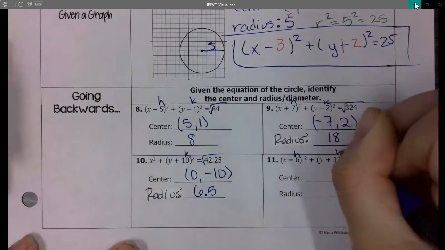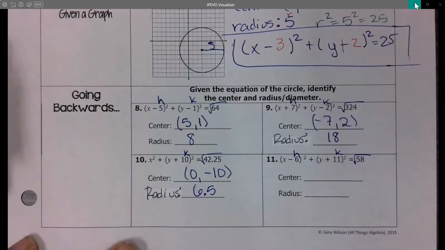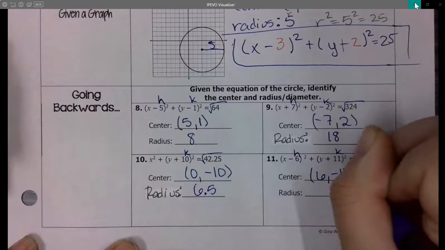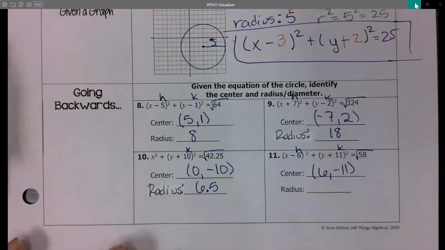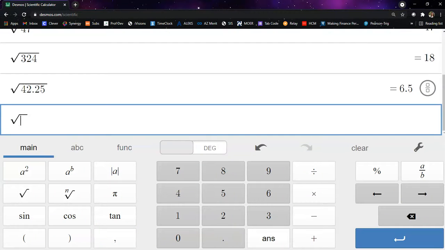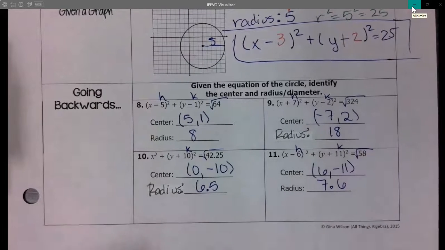On number 11, I have this equation. So what is my center? 6 and -11. And the square root of 58 is something I need to go to Desmos for. I'm going to round to 1 decimal place. We'll do 7.6. Are there